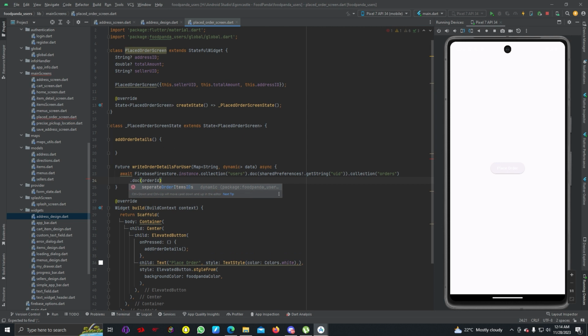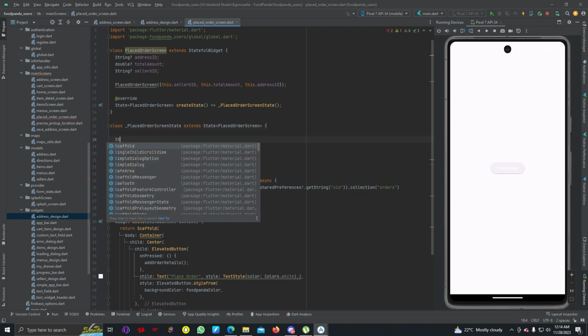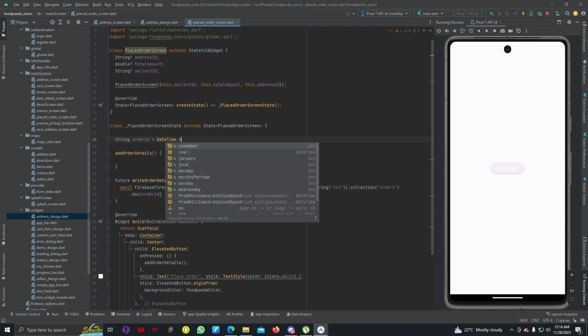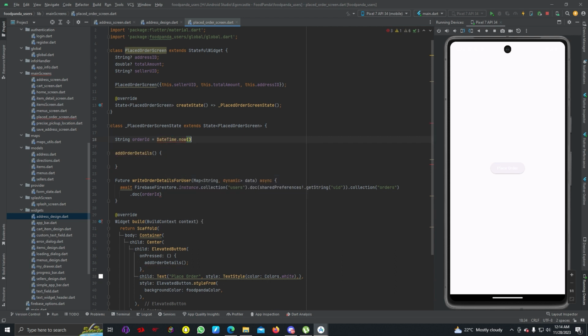So we need to create a variable with String orderId equals to DateTime.now, millisecondsSinceEpoch.toString. So we can pass that, then set data,